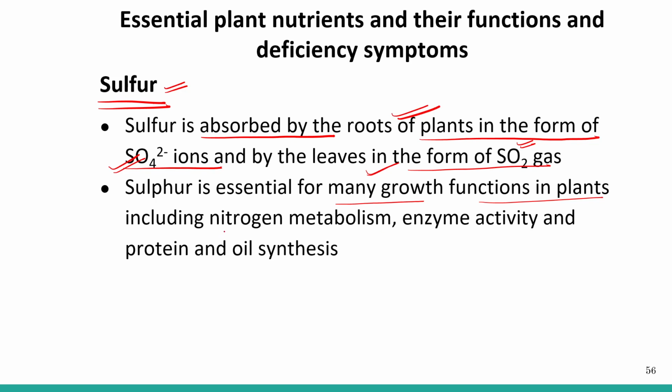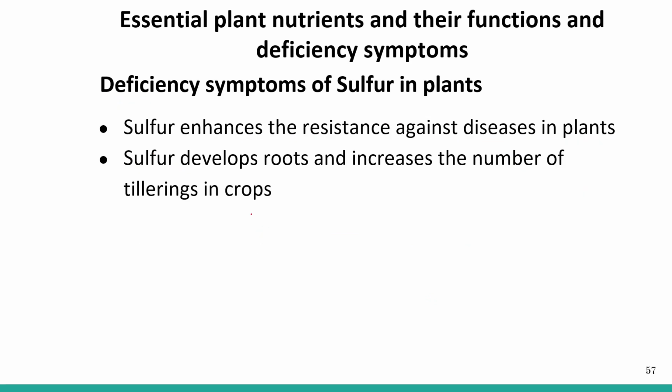What are those? It is required for nitrogen metabolism. It is required for many enzymatic activities, protein synthesis and oil synthesis. So if there is less availability of sulfur, then the nitrogen metabolism of the plant will be affected. Many enzyme activities will be affected. Protein synthesis will be affected and also the synthesis of oil will be affected. Sulfur enhances resistance against disease in plants. So this is very, very important. Sulfur enhances disease resistance